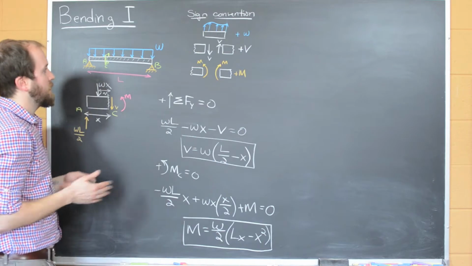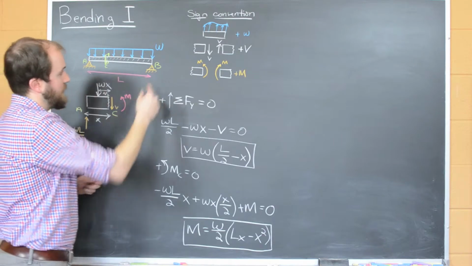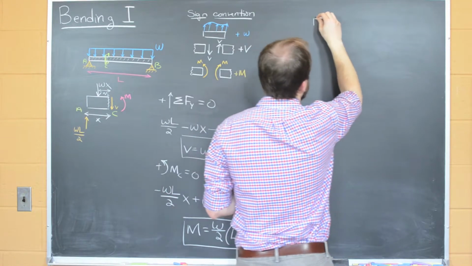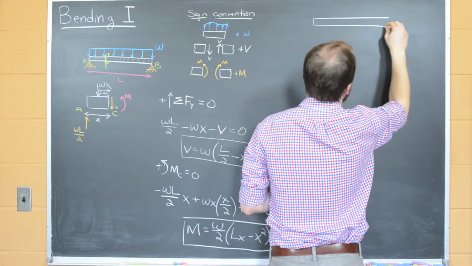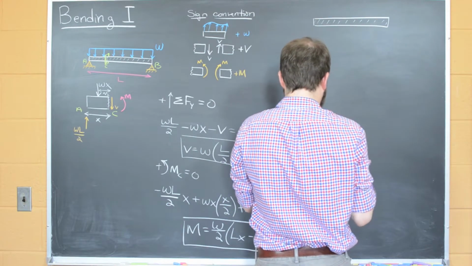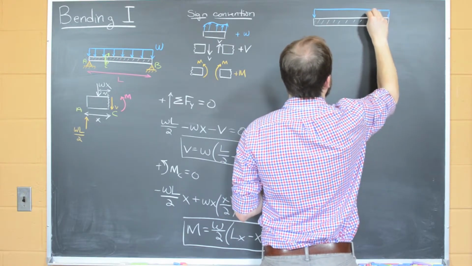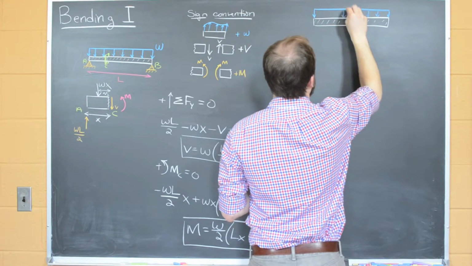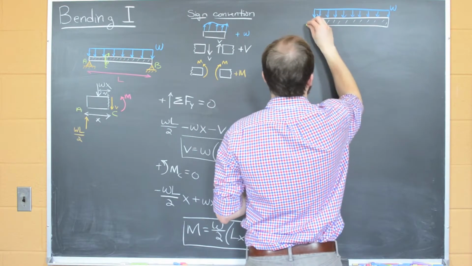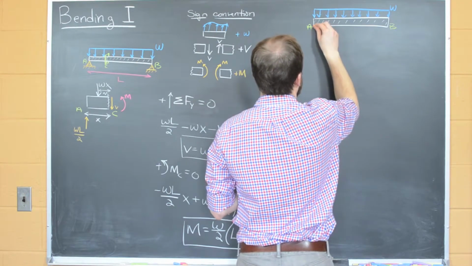And that means simply that we're going to plot this equation for shear force and this equation for the bending moment along the x-axis of this structure. So let me redraw it over here. And so a uniformly distributed load w going from A to B, resting on simple supports,